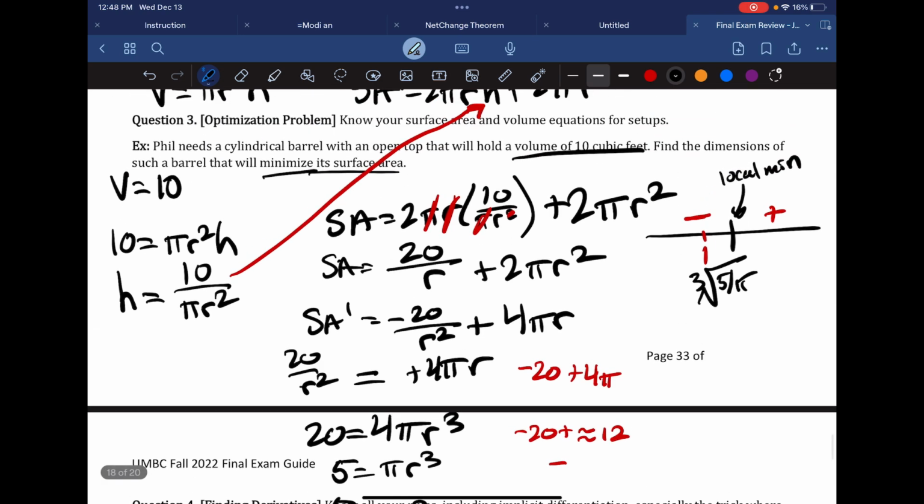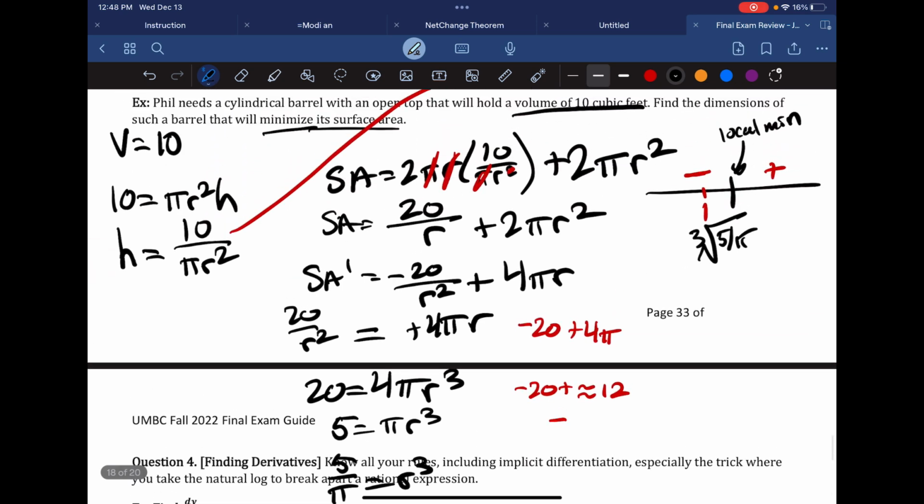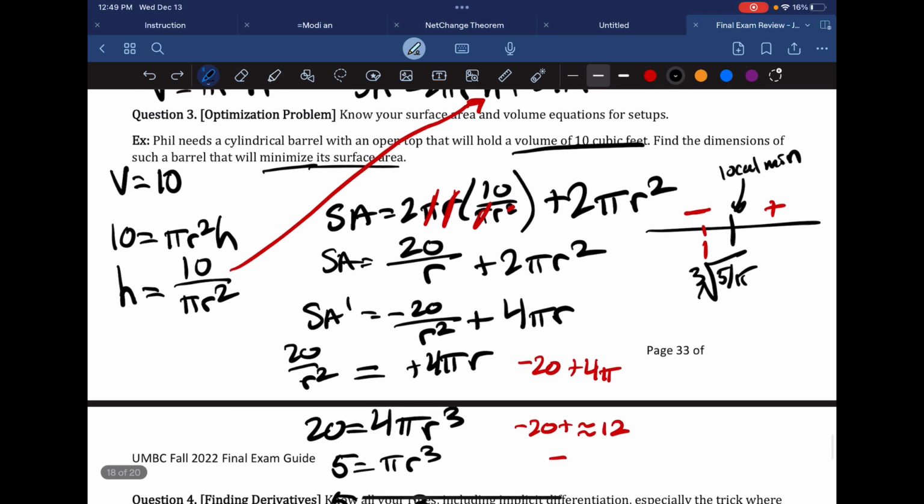But if you didn't, you would need to use the second derivative test, and you only need to use the second derivative test if you have more than one critical point. In this case, we only have one critical point, so we do not need to do this step. But on some problems, you do have to do the second derivative test, in which case you would just take the derivative of this, and if it's positive here, then you have a local min there. Okay, but since we don't need to do that,